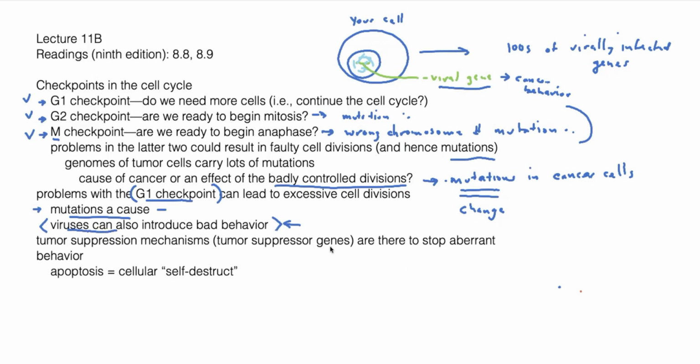I want to give you this concept of hope. It might seem pretty hopeless at this point, but we actually do have really sophisticated tumor suppressor mechanisms. And yes, they are under control of tumor suppressor genes. But the idea here is that we've got other safeguards that can detect bad behavior in the cells. And when they detect the bad behavior, they can stop it.